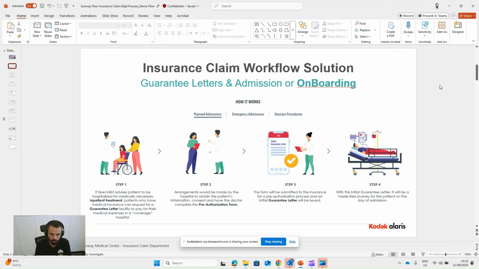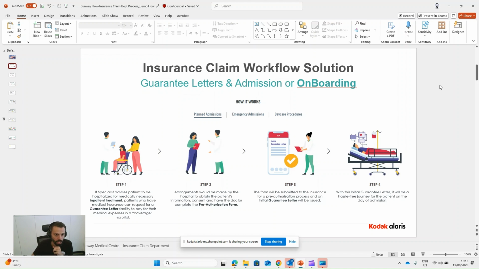Of course, supporting documents would be the pre-authorization form, the hospital letter, the doctor's diagnostic, the copy of the MRI or whichever they are. And then once the IGL, the guarantee letter, is received, it will go to the hospital in specific so that they can schedule everything and take the patient in. Again, in general, the benefit of this would be to make sure that the patient would not worry about anything while in this tough journey. They will just focus on their treatment and recovery, and get better